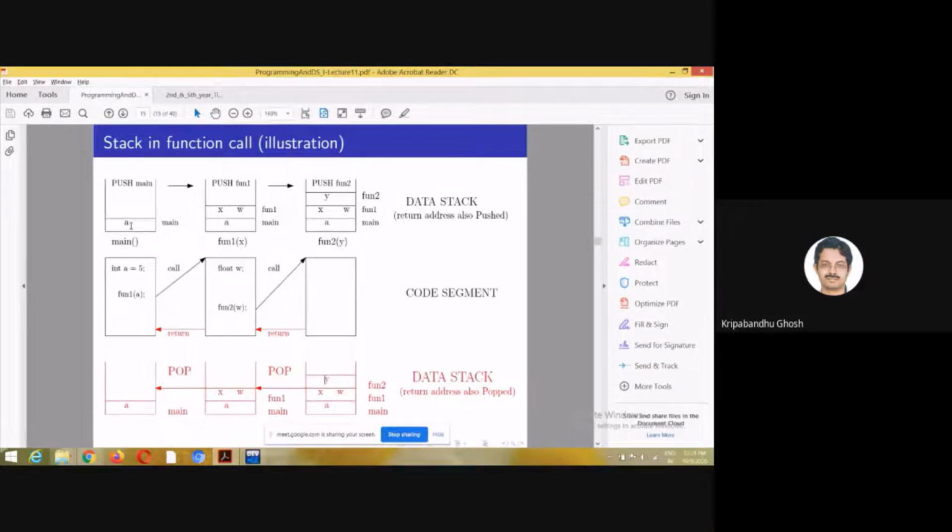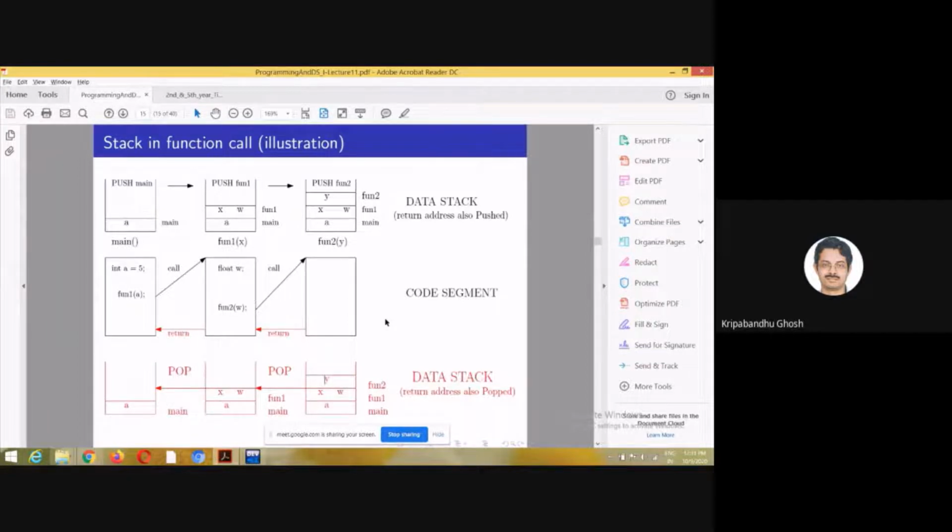So when we go forward for each function call, before we do the function call, we keep all the information about the current function. By information I mean the return address and local variables, and then we do the call, so that when we want to come back, we are able to retrieve that information and return to the environment of the function from where we did the call. This is a very important application of stack.